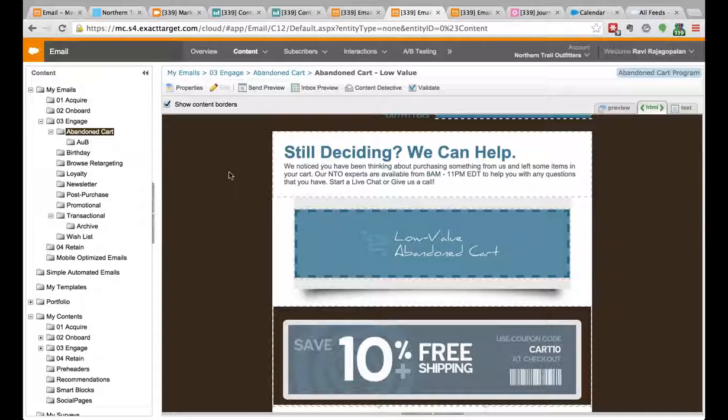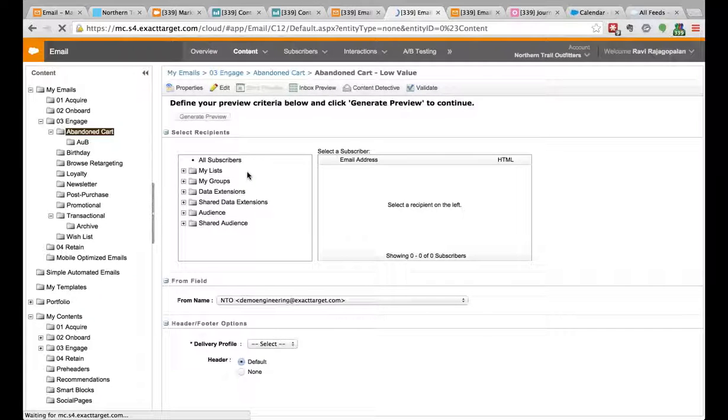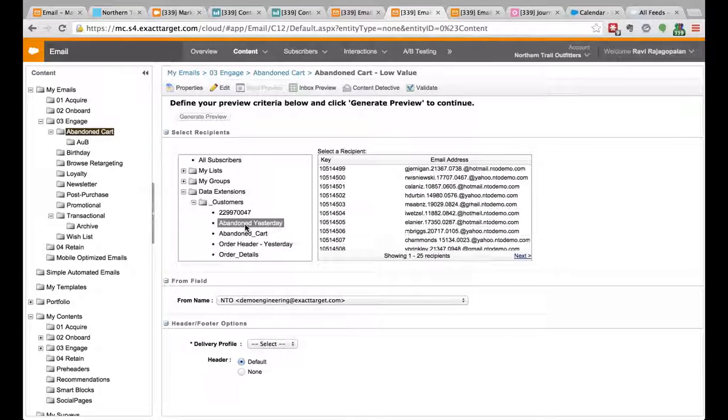And I'm going to go ahead and do that now for this particular email. I'm going to do a send preview. And I'm going to just pick a specific group of users for Northern Trail Outfitters. And it's going to be the people that have abandoned a cart just recently. And it's taking a second to load, but all the data, as I mentioned before, that I've got on the platform is available to do this kind of targeting. So I'm going to just pick the users that have abandoned a cart yesterday,